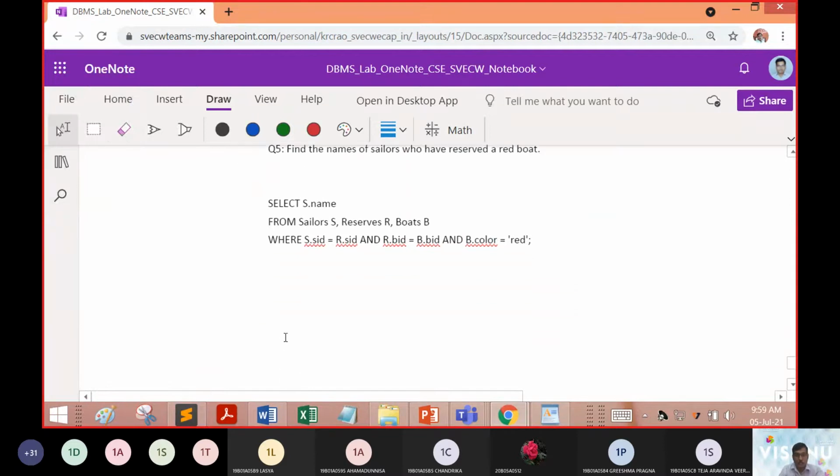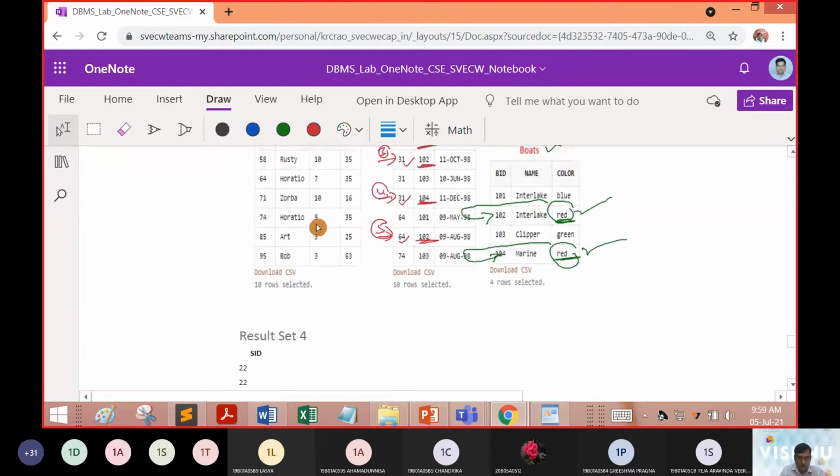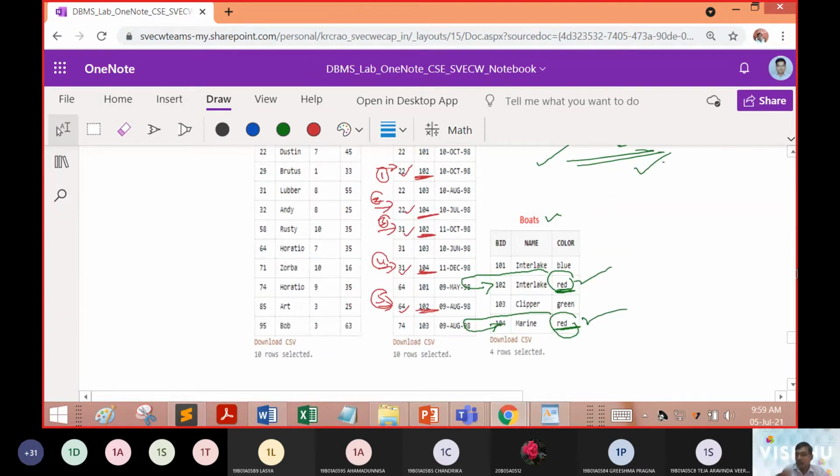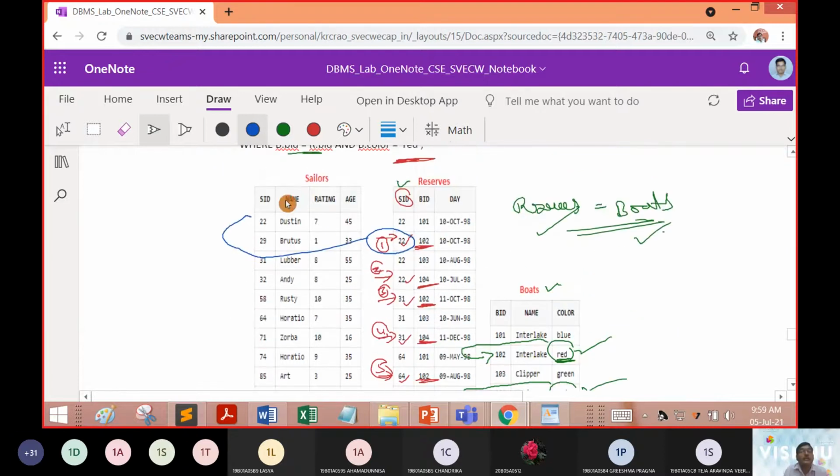Okay, so I have put this query here. Now, what was the prime agenda? The prime agenda was that now we need to understand what the names of the sailors are. So now you can see 22, whose name is it? 22 name was Dustin.